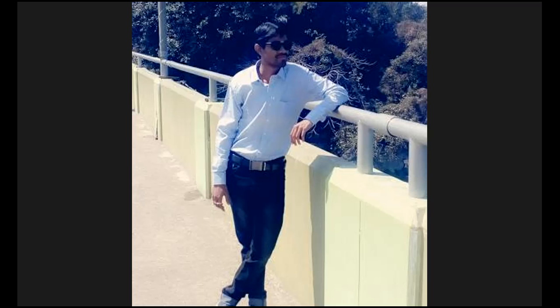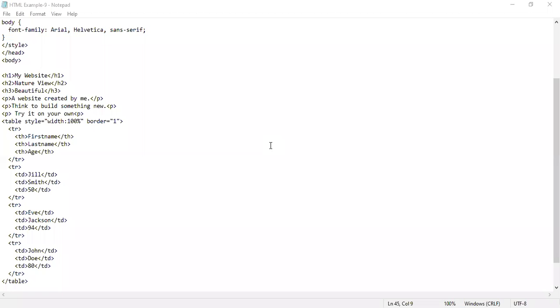So let me show the code first. Okay, so look, I have written this particular thing up to here right now. So now I have put a table. I have just put the table coding here, just the table style with border, with the mention of the table tag, tr, th, the table headings, the table rows, all the things I mentioned, and then the table data. So I have put the data as per our thing.